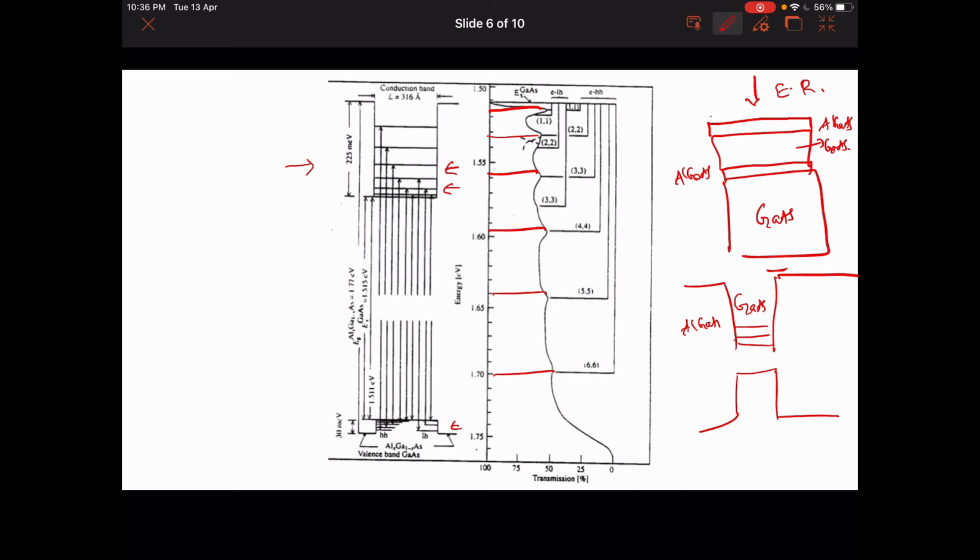So here you have electrons in the conduction band and light holes. Here I have electrons in the conduction band and heavy holes. These two are not clearly separable, because the heavy hole and light hole energy level separations are too small in comparison to this huge energy range that we have here. There can be situations when the heavy hole and the light hole bands are significantly separated in comparison to the band gap. Then you will start seeing discrete features here corresponding to the heavy hole and the light hole bands. But